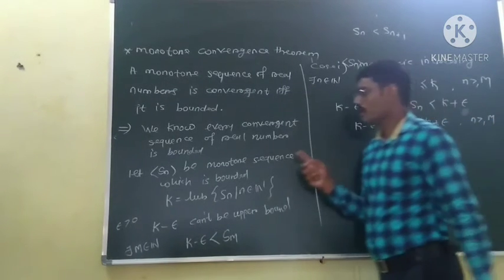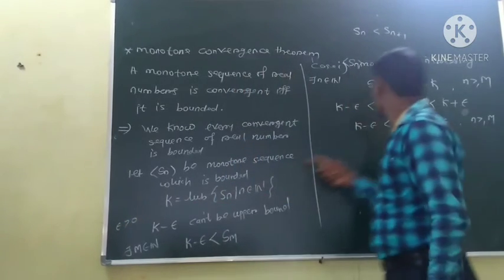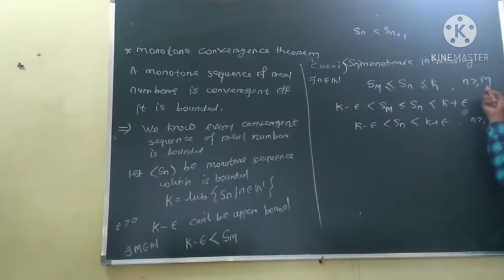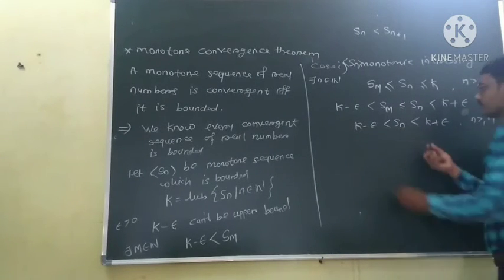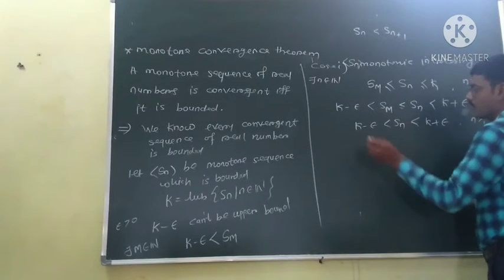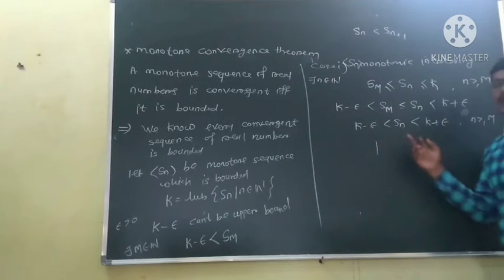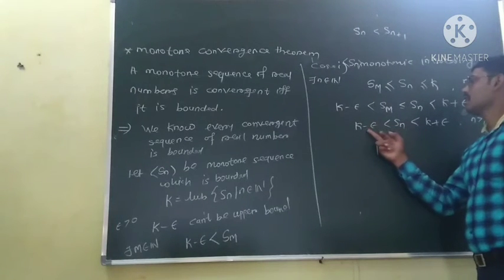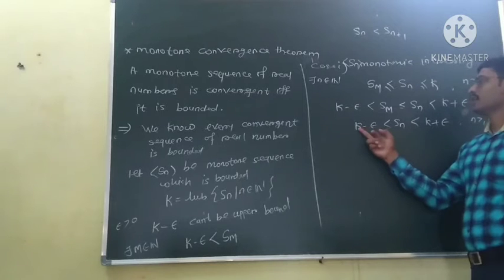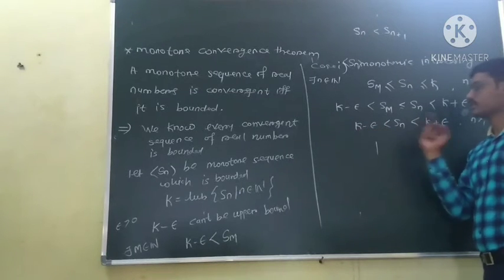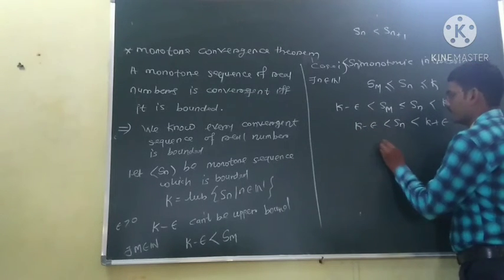This implies for some epsilon greater than 0, we can find a natural number m such that whenever n is greater than or equal to m, from this we can write, for our simplicity, one more step here. So transfer this k to this side. So what will we get? This implies Sn